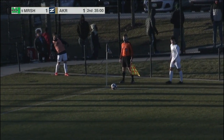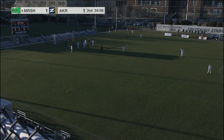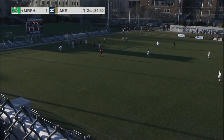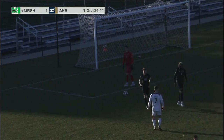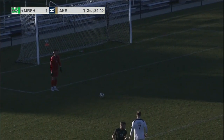And it'll be Colin Byros who will take it. Short corner, Fitzgerald gives it right back to Byros, pops it up in the air, out in front. And unfortunately for the Zips, Milanese lost his balance. Foul, Akron. Will be a foul against the Zips, so a goal kick coming up